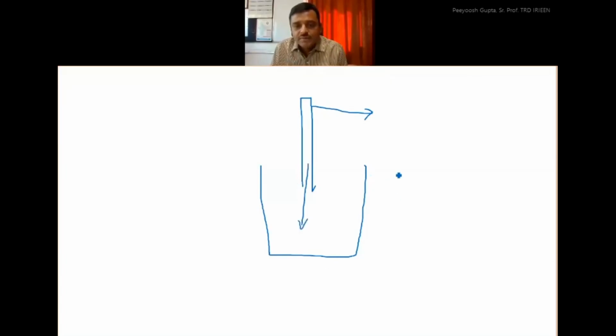And just have a look at the direction. So many forces are coming to the foundation. P1, I'm marking at the place where maximum force will come, P2, and then P3,